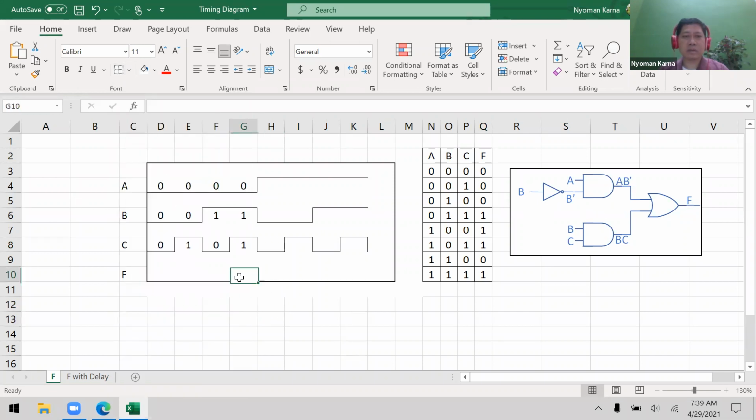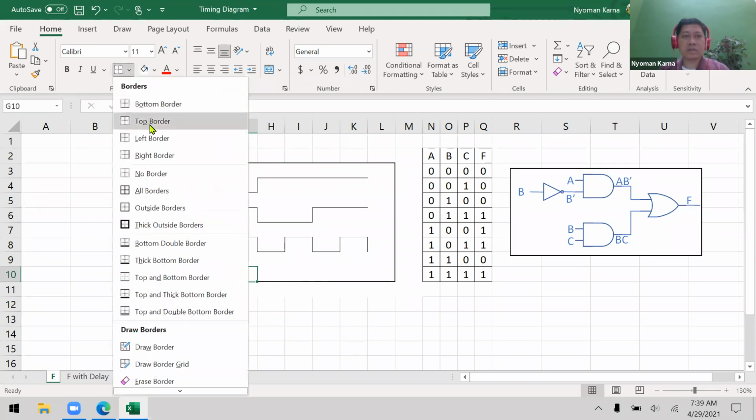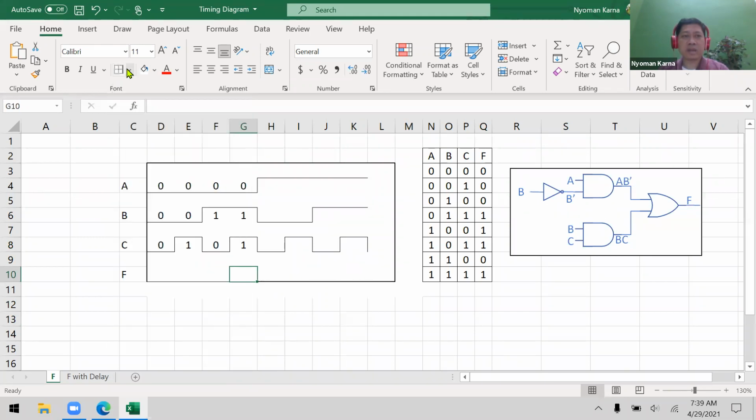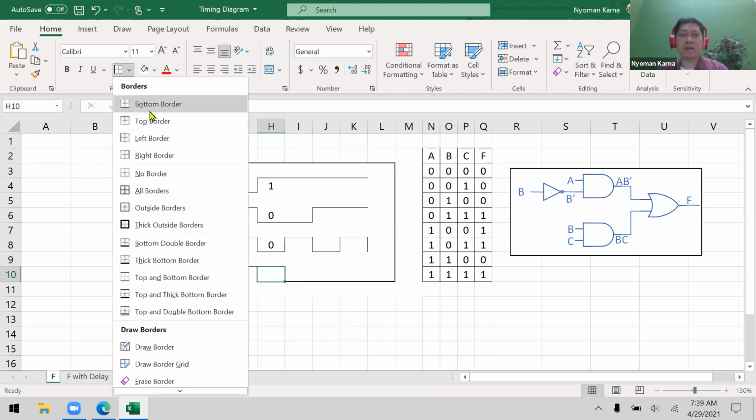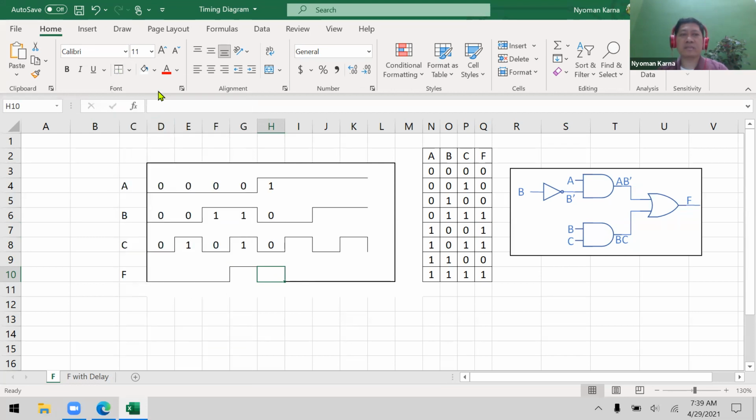Let's put it in order just to make it clear. Right and also left. Okay. Now, next combination 1, 0, 0. 1, 0, 0 will create the output of also 1. So this will become 1.